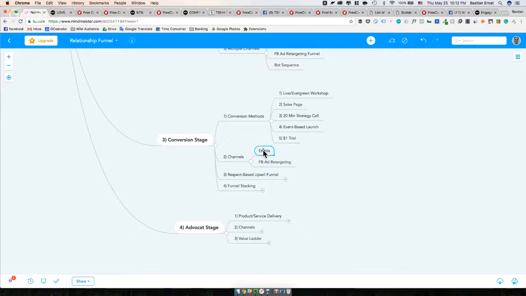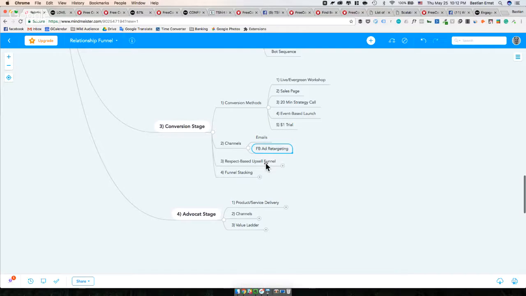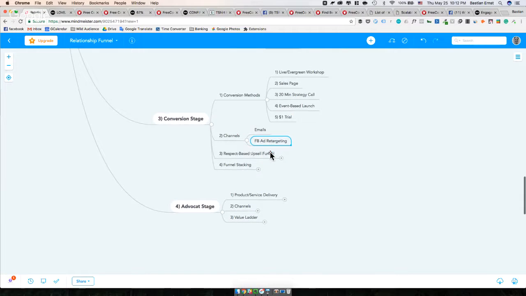So I communicate with email. You can communicate with Facebook ads, retargeting, and you base it on if they visit the sales page, then show an ad. And it's not that difficult to set up. So, conversion methods, channels. Next thing we're going to talk about is